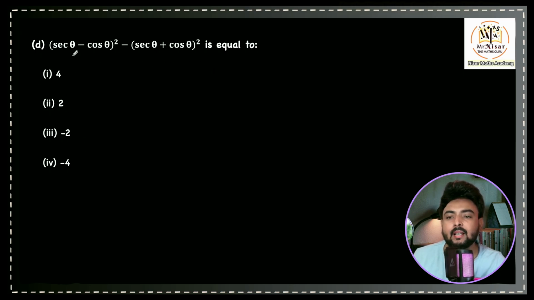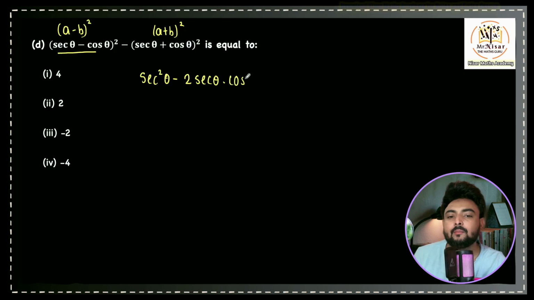So children, say me here, can I say that this is (a minus b) whole square, and you know the formula for (a minus b) whole square, what is it? If I say this as (a minus b) whole square, and this is nothing but what? (a plus b) whole square. So apply the formula here. (a minus b) whole square becomes a square minus 2ab, 2 into a is sec theta, b is cos theta, plus b square, that is cos square theta,